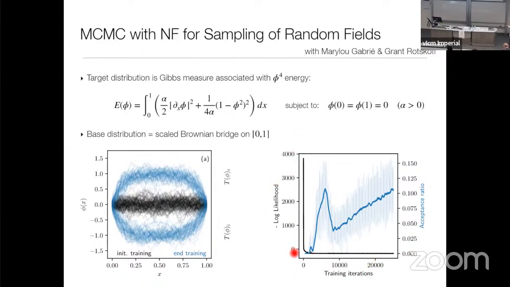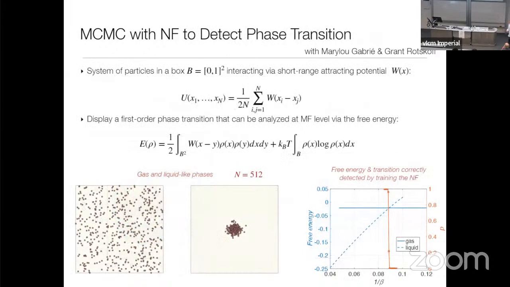And in blue, what is shown is the acceptance ratio that you have in your Metropolis step. So as you train the map, you get more and more acceptance, which means that more and more you can take one of these samples and push it directly onto a sample of the target that will be accepted in your Metropolis Monte Carlo. Okay, you can do the same thing for similar models that are otherwise difficult to sample.